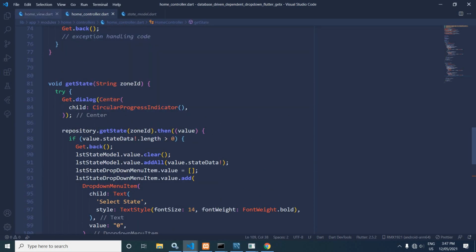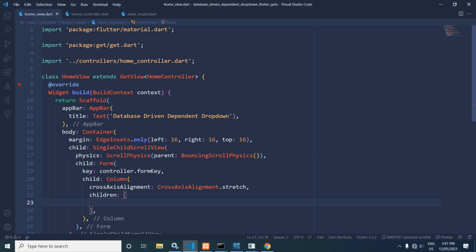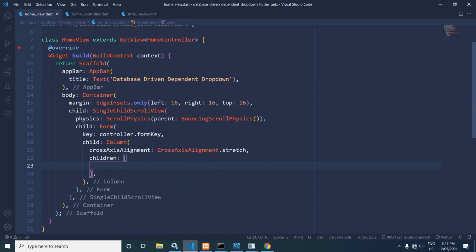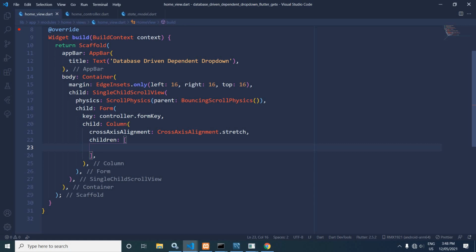Now let me move to the home view. In the home view, you can see here in the body I have taken a container, I have given a margin, then there is a single child scroll view. I have taken a form widget. In the form widget I have specified the key. As a child of the form I have taken a column widget. Now as children of the column widget, here I will take